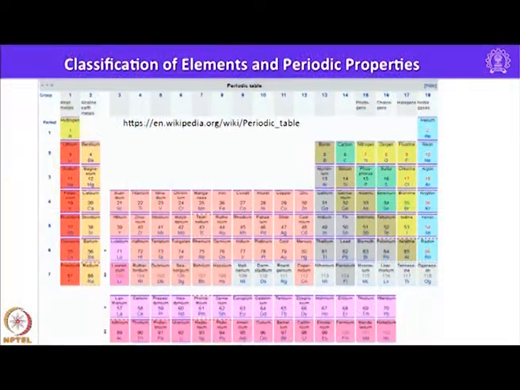And let us look into the first 3d series. It starts with atomic number 21, scandium, and ends with 30, that is the atomic number of zinc, and the 4d series starts with atomic number 39, that is yttrium, and ends with cadmium having atomic number 48. And then we have the 5d series in which hafnium is the first element, with atomic number 72, and we have mercury with atomic number 80. And similarly the 4f series starts with lanthanum 57 and goes up to lutetium 71.